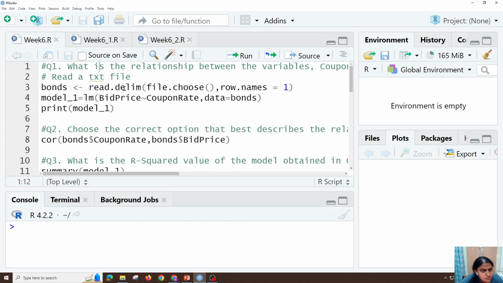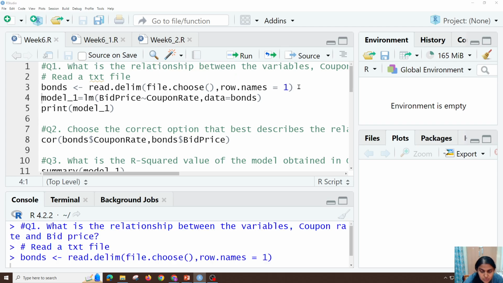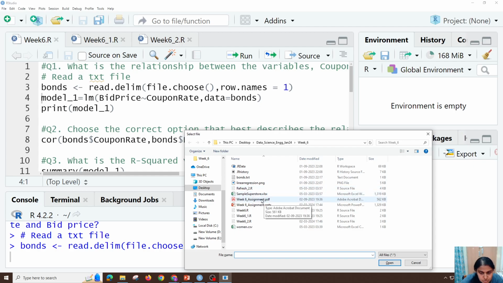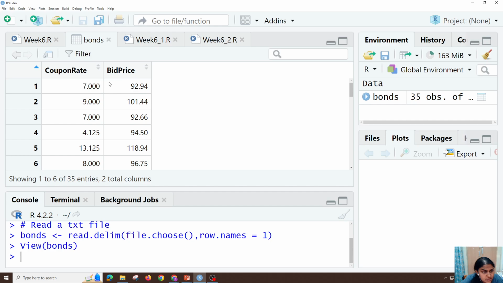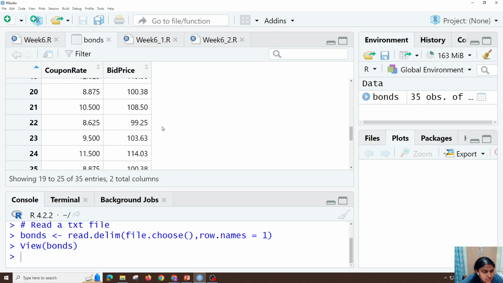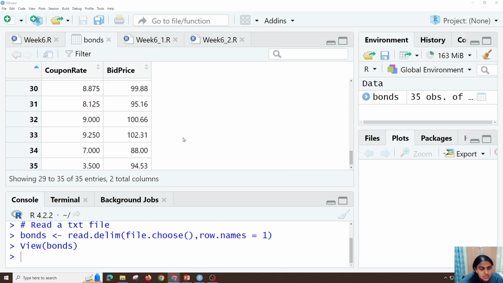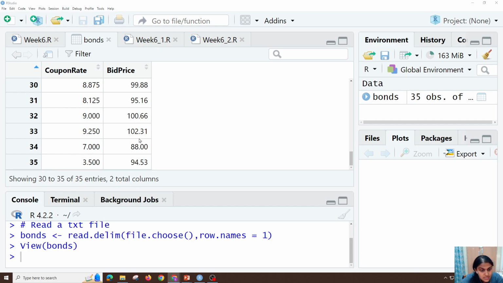First we have to read this file into a variable name. I'm giving bonds and I'm reading using this command read.delim, and inside that I select the file using file.choose and row.names equal to 1. This means the first row should be taken as the header. Here I have bonds.txt, which is a text document with size 1 KB, so I am opening that. Right now you can see that this is the bonds.txt, with coupon rate and bid price. About 35 observations are there and 2 total columns. Now